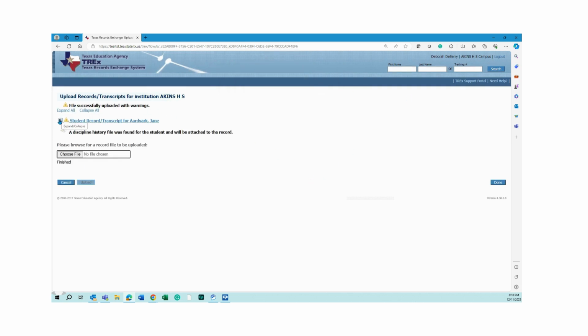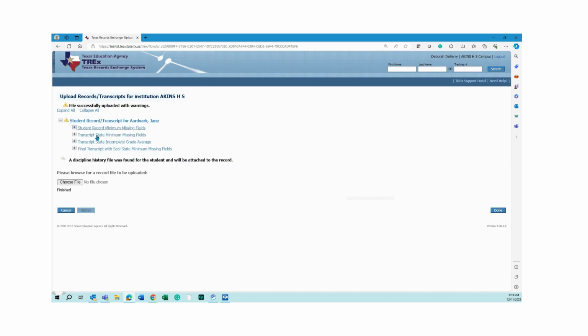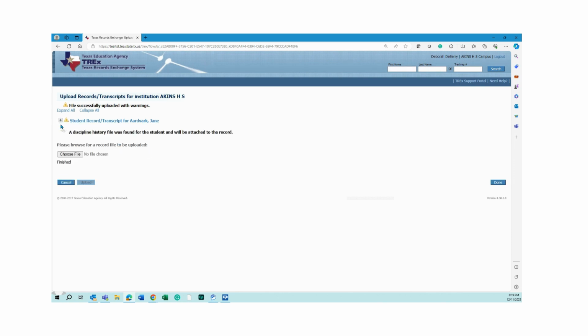I can expand on this area and look at the warnings that were found on my XML file and make corrections if needed. But primarily today, we're going to look at this area right here where it says a discipline history file was found for the student and will be attached to the record.